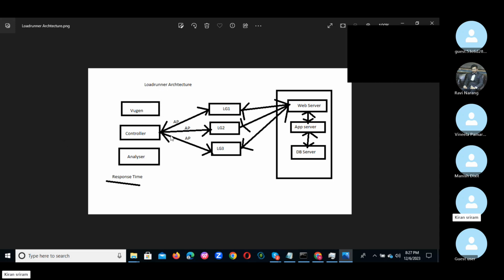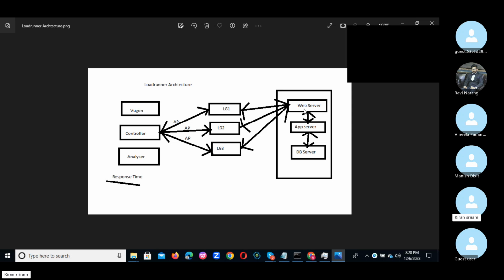So when you are doing the execution, how does LoadRunner work? You are sending one request from here, like for example, your login only you can assume. You enter username, password and click on the login button. What will happen is the controller sends the login request to the LG. How is the connection happening? Using the agent process, the load generator connects to the controller as an agent process. So the request is going to the LG,